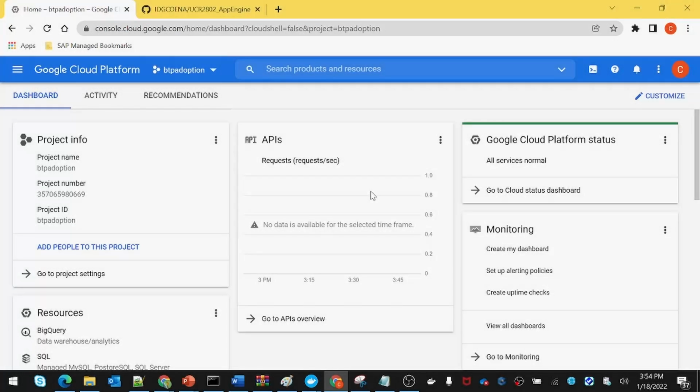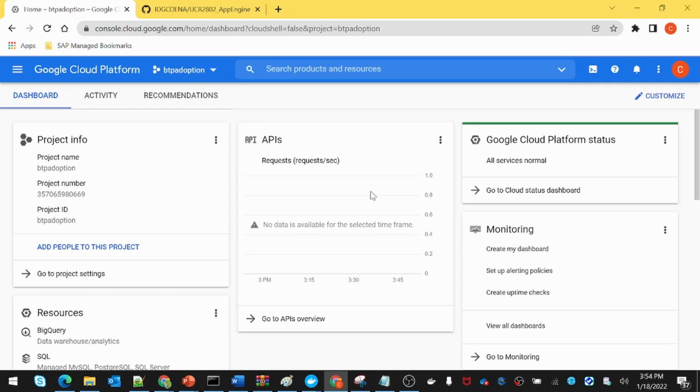Now that we have seen how to deploy Python applications on SAP Schema, expose it as an API, and serve it as a webhook on a Qualtrics survey, we have seen this end to end. Now we are going to discuss how to deploy the same Python application on a hyperscaler's platform as a service. In this case, we are taking the example of Google Cloud Platform's App Engine. App Engine is a fully managed serverless platform, and you just have to focus on your code and don't worry about the underlying infrastructure, which is the same as SAP Schema.